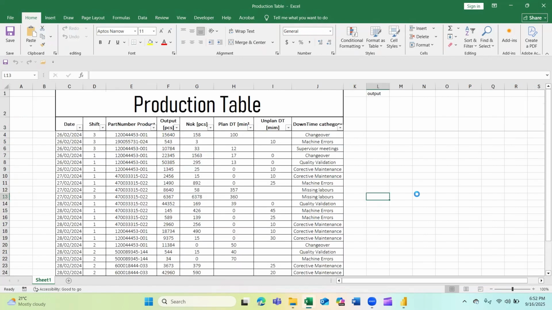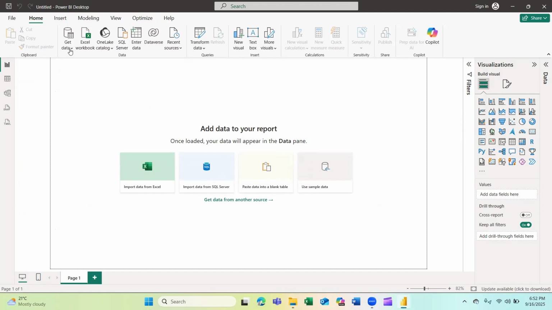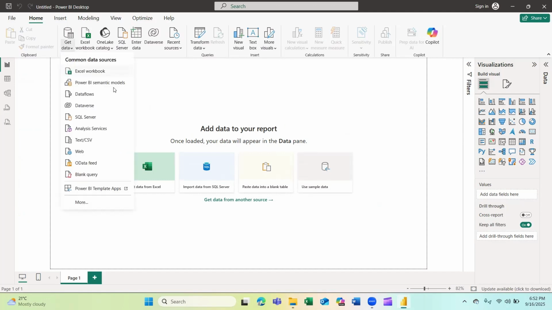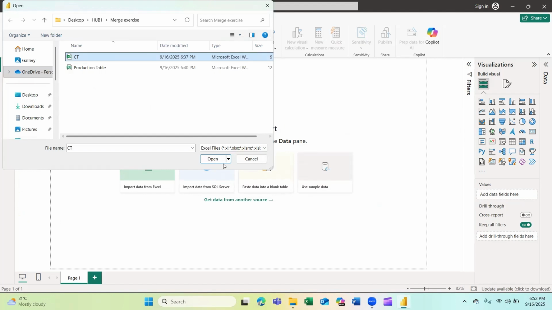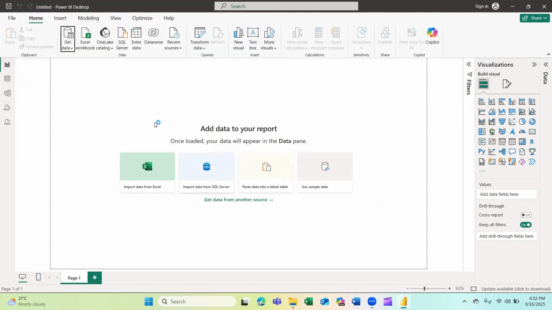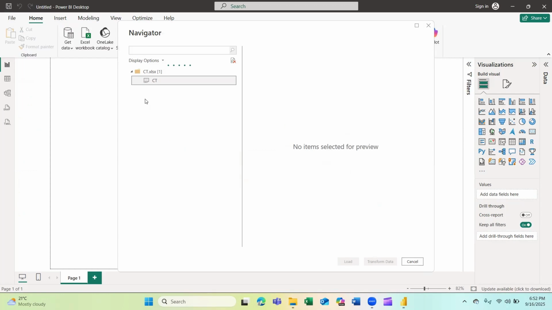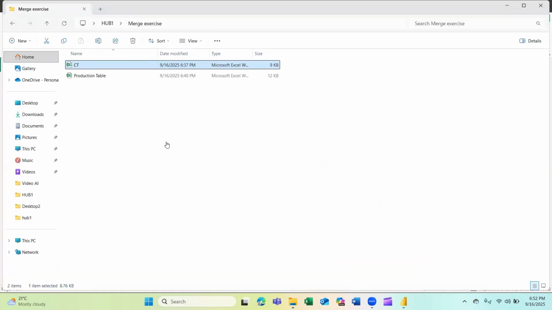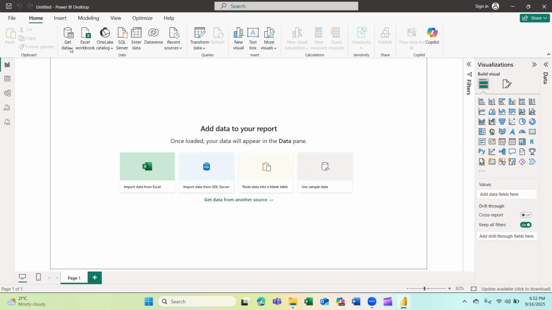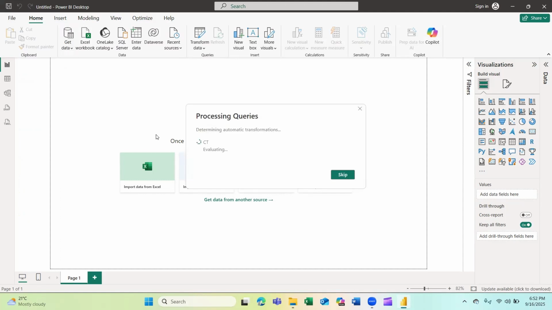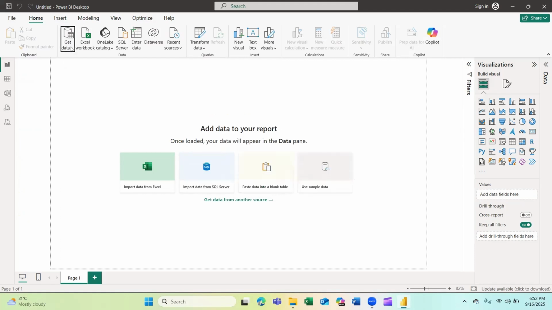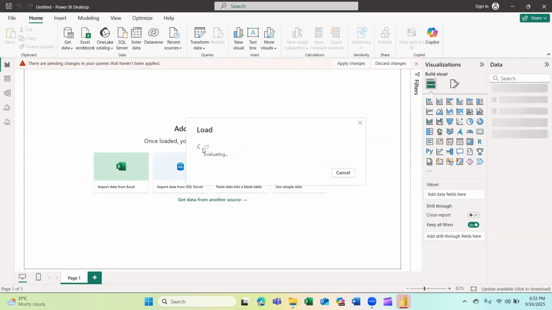And now let's just open Power BI. We will get our data. First, we take the cycle time table. We'll just load it, and then we take the production table. Click load, and now we go with the second one. Still processing.